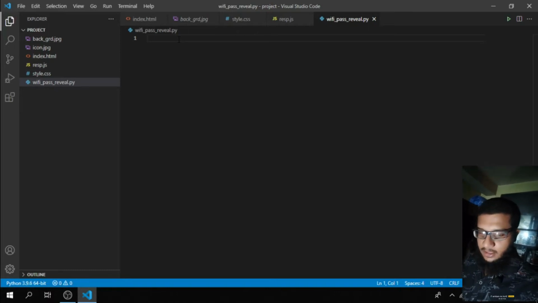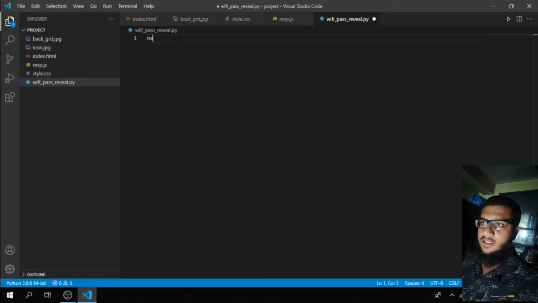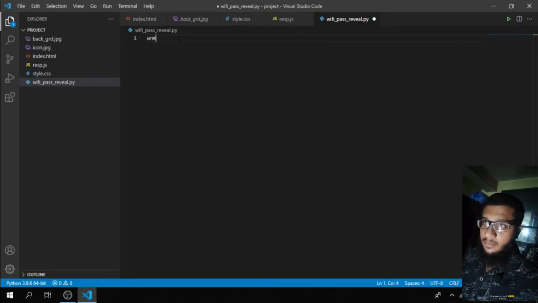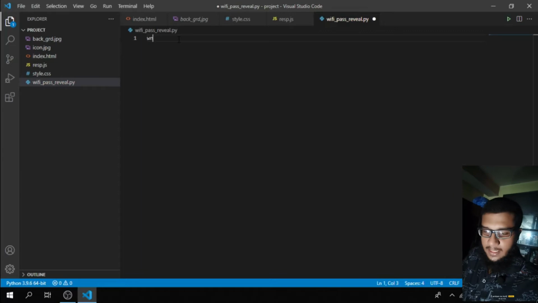Here I'll take an input with the name. I'll make one variable here, and I'll keep the name of the variable as w name, Wi-Fi name.